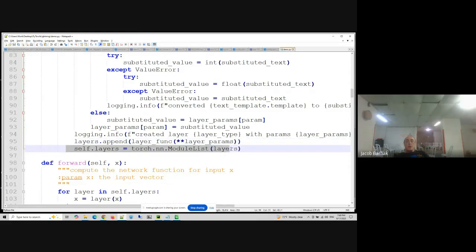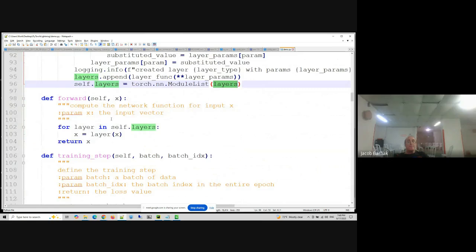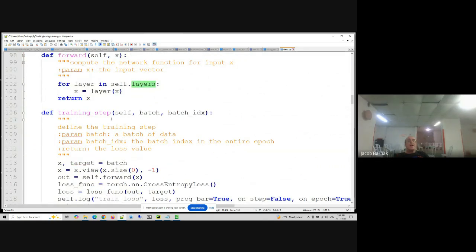So now eventually we have a PyTorch model, which has the correct layers, and we put those layers where they're supposed to be. Now we've created the neural network after running through this code. Now we have to define some other things that are basic boilerplate that you need to do in PyTorch all the time. One of them is forward. It's like saying, okay, now run the data through the network.